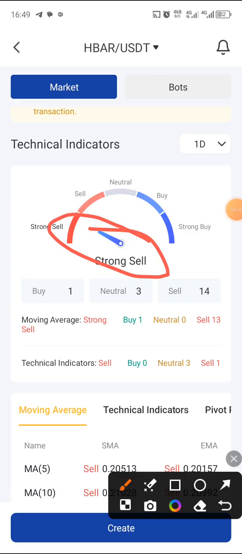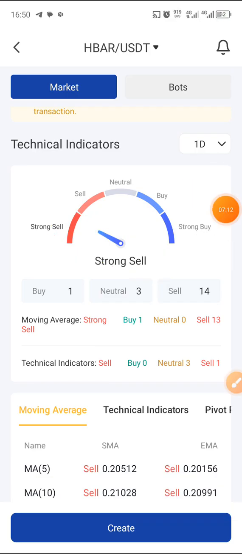Like, guys, I want you to note this. When people are busy selling, it's time for you, who was left out by the time this coin pumped, now it's the right time for you to buy. It is the right time for you to buy. But